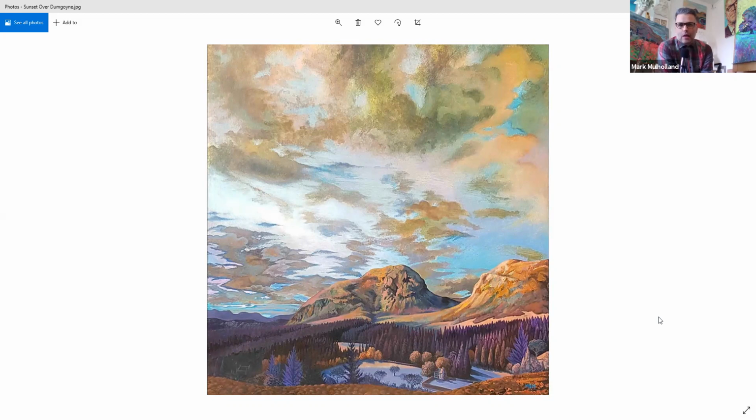Yeah, I paint, like you say, a variety of things, and I just love painting. The subject matter is something that allows me to express what I'm looking at in a painterly sense. But people can get in contact with me again through my website or by email, markmulhollandartist@gmail.com, and I work with them to